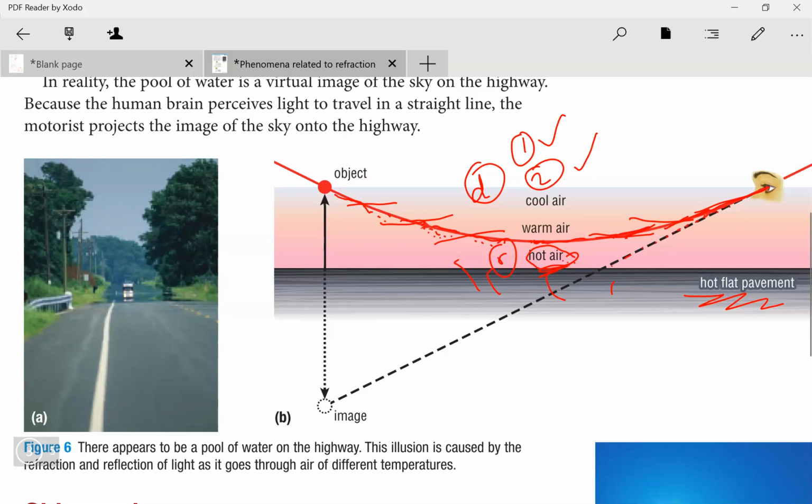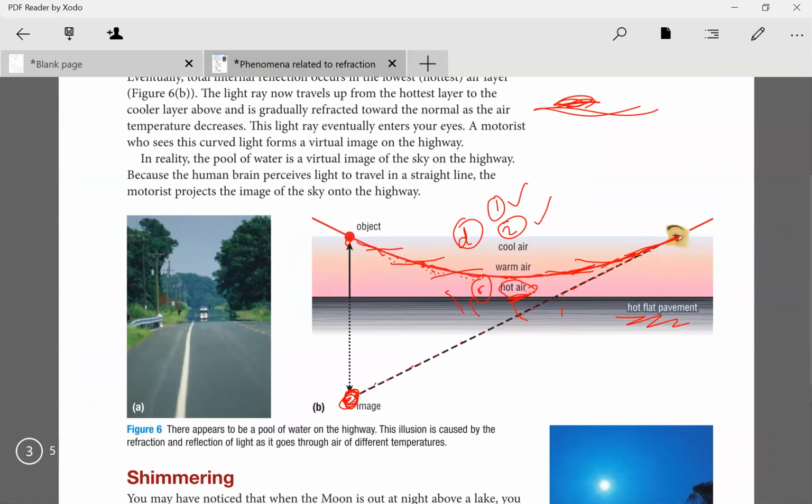Again, our eyes cannot process, our brain cannot process bending. It thinks light travels in straight lines. So you kind of see this virtual image over here, in the distance away from the road, even though the object here is the sky. So what you're seeing is a reflection or a virtual image of the sky on the highway,